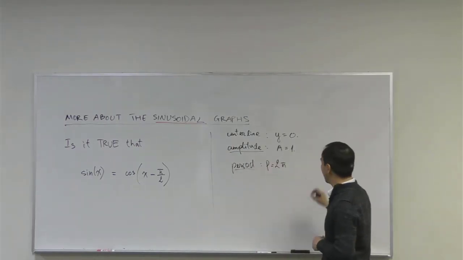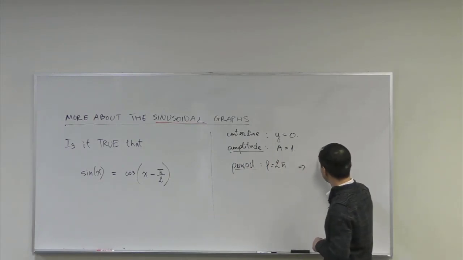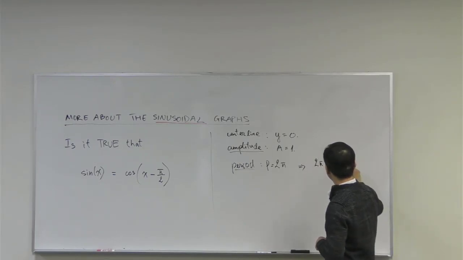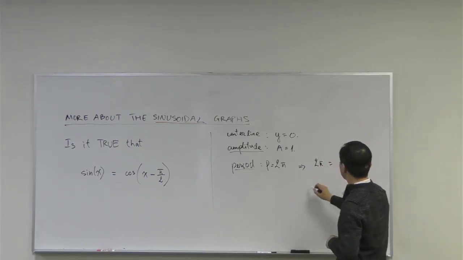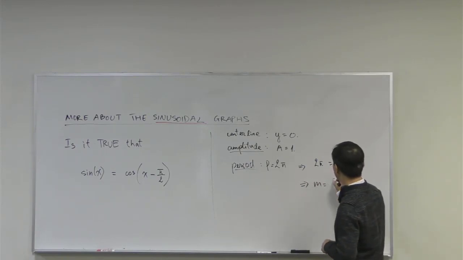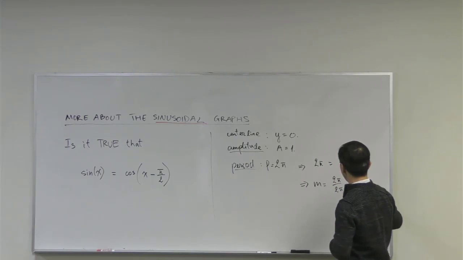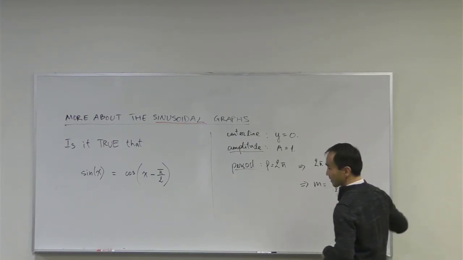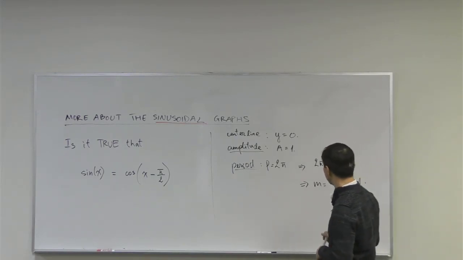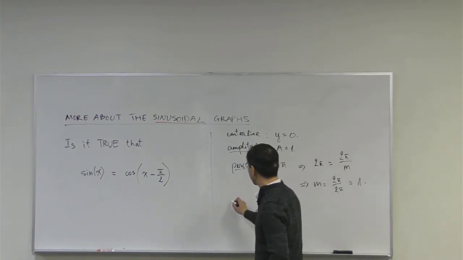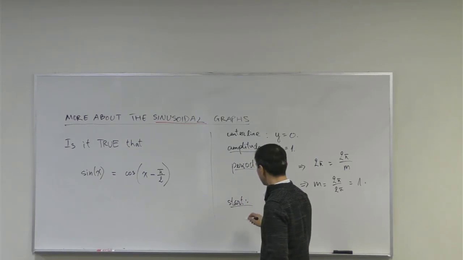Okay. That means as far as the coefficient, yes, we can go 2 pi equals 2 pi over m, right? Meaning m here has to be 2 pi over 2 pi, right? Making it m equals 1. Right. So then we got the starts here at